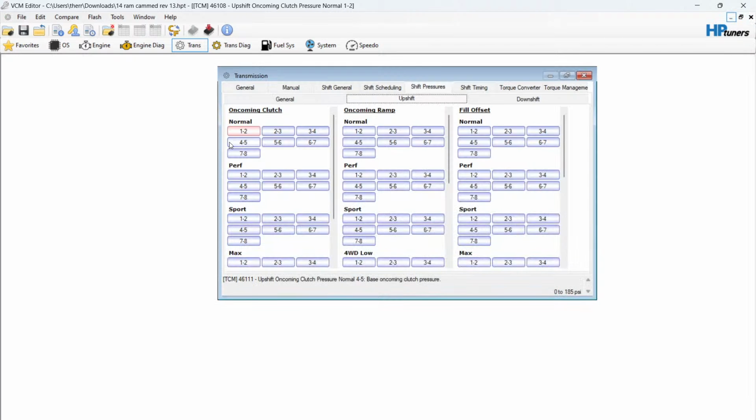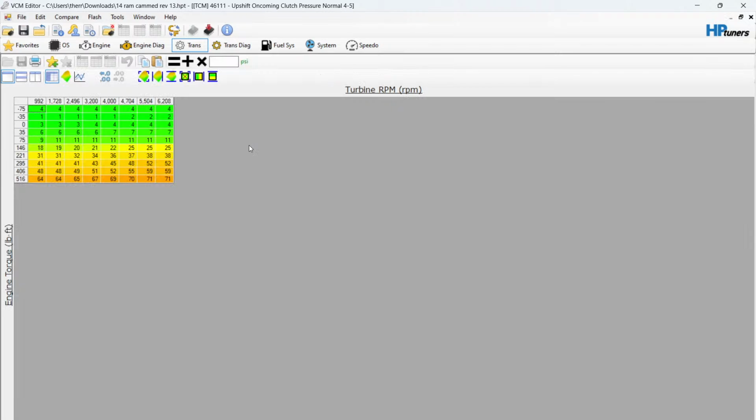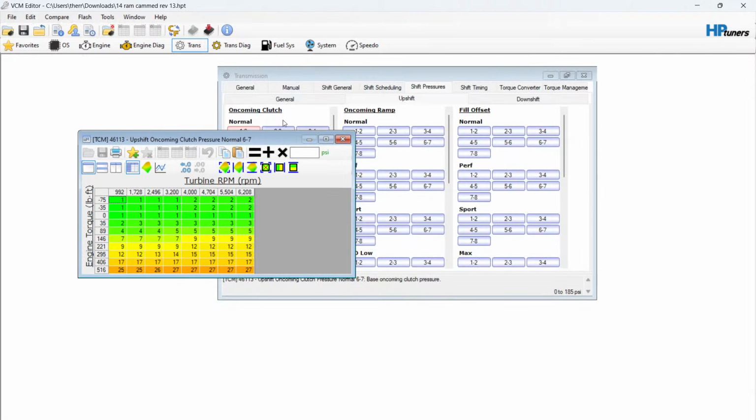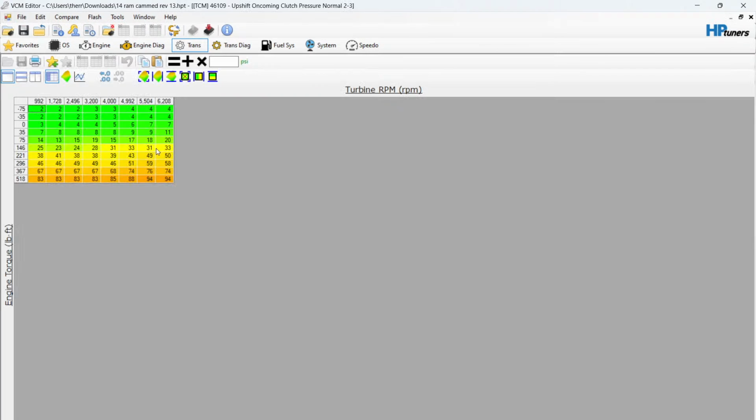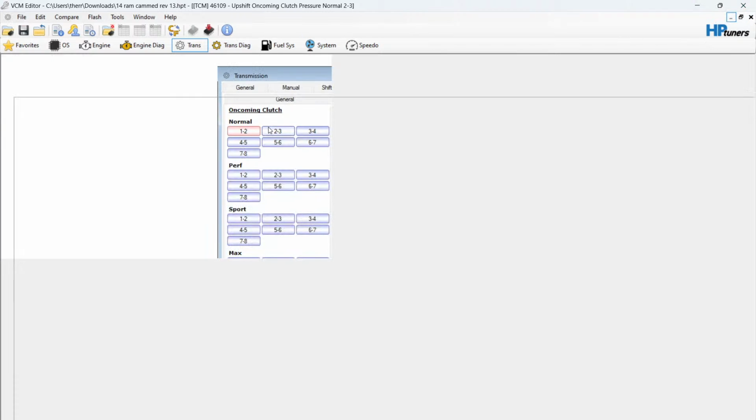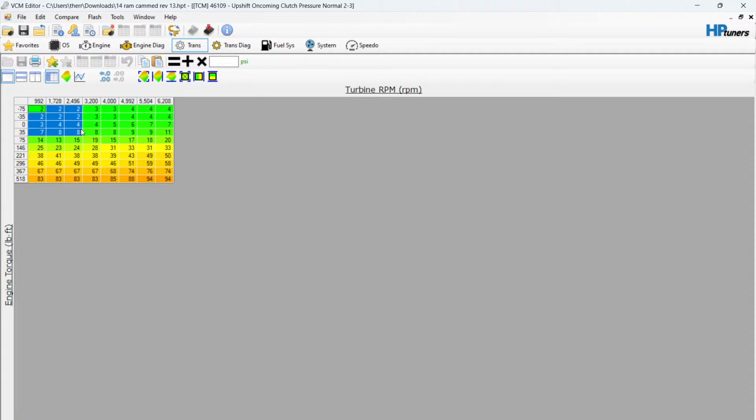It's pretty uncommon to get a flare on 1 to 2, 2 to 3, 3 to 4. You typically will see flares happen on your upper gears, 5 to 6, 6 to 7. And how you can counter that is what you're going to want to do if you're having a flare on any of these. And honestly, when you look at all of these pressures, 2 psi. So let's say you're on the freeway, you give the vehicle heavy acceleration, and you let off. When you let off, it's going to be up here in the 35, 0, negative torque,